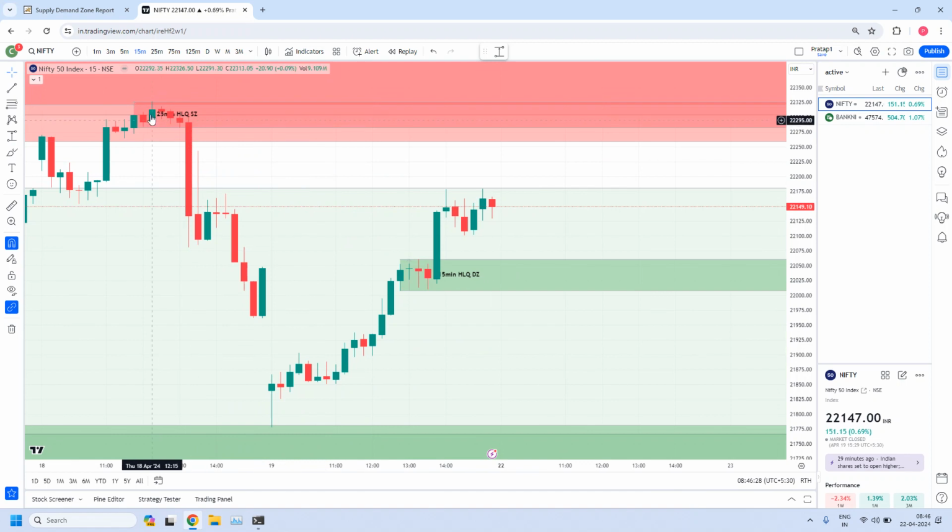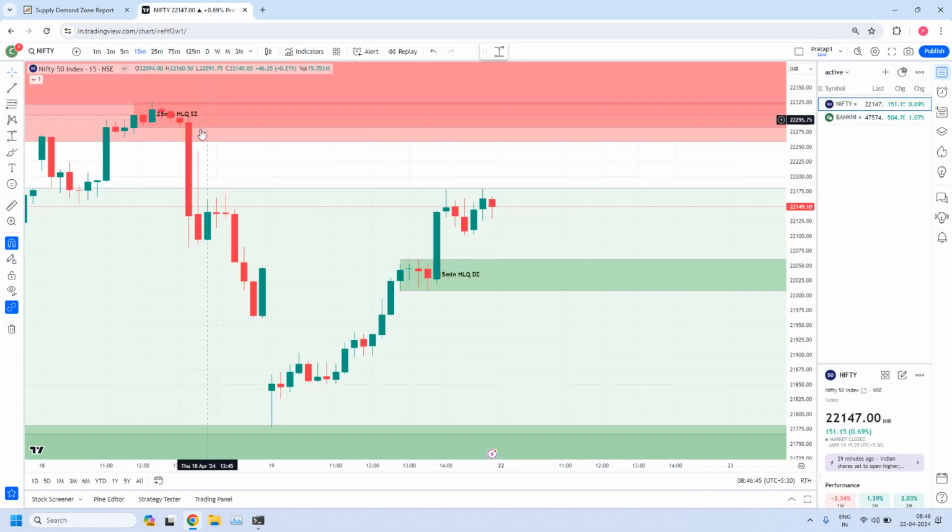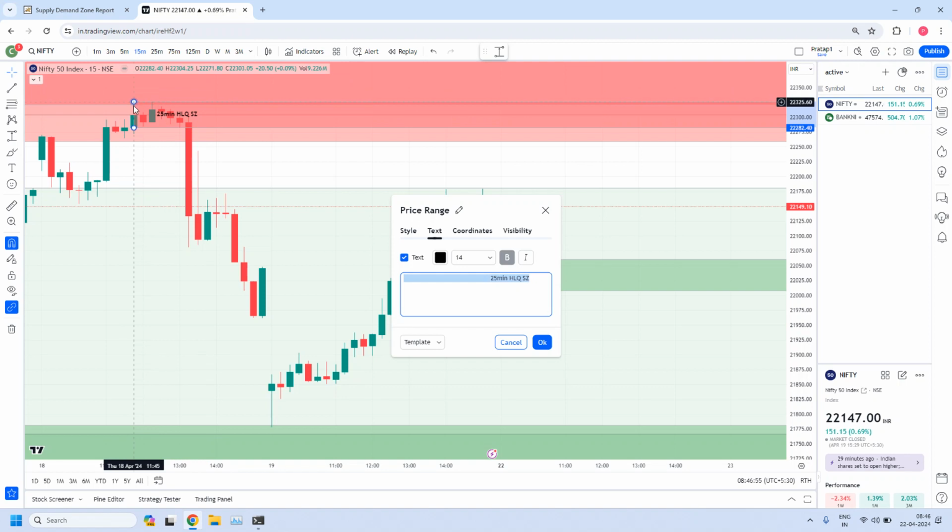The same, the 25 minutes HLQ supply zone is also, but here 3 base candles, right? 18-4, 12-15, yeah, 3 base candles. 18-4, 13-15. So this 25 minutes high liquidity supply zone is also 15 minutes. The same zone can be used for 15 minutes